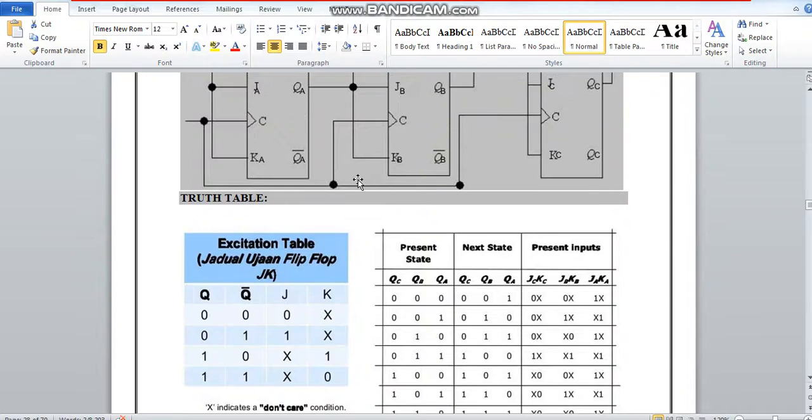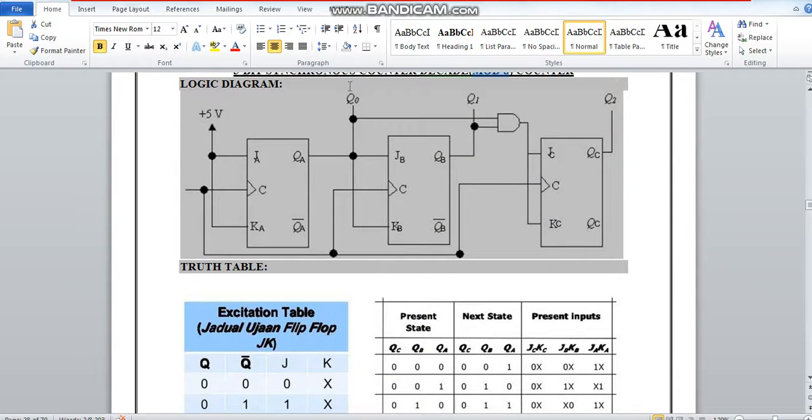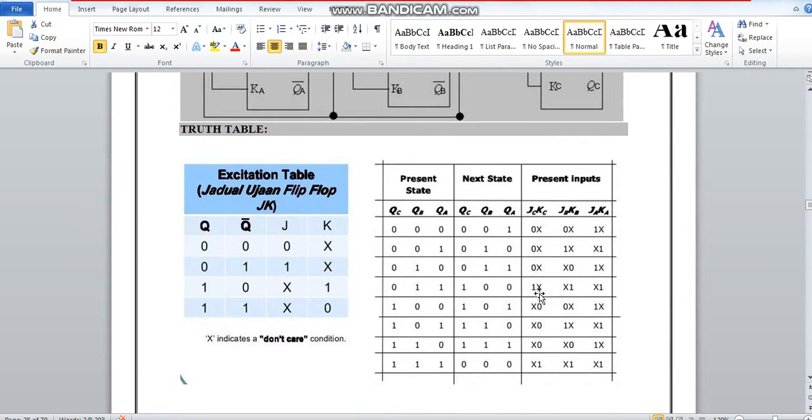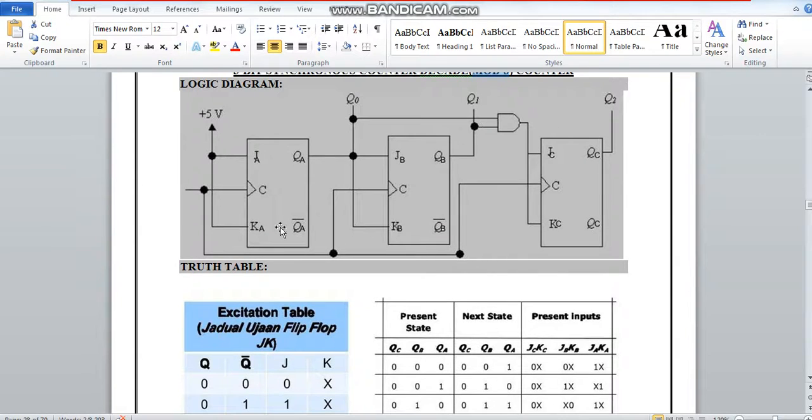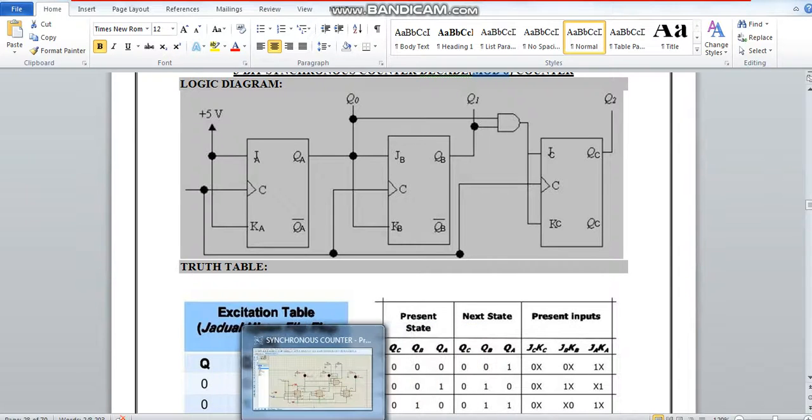That should be implemented in your circuit diagram. So when you draw the K map for J and K, you get it to be 1. Here again you get it to be 1. Here you get an AND operation of Q0 and Q1. So that is what you get over here, and that becomes your input section. So now this circuit diagram, after drawing, is implemented in